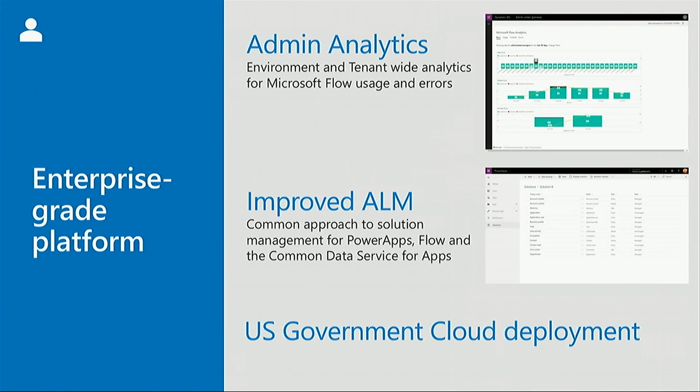And lastly, we have the enterprise-grade platform. So just like we were talking about in PowerApps, where you can go see what the usage looks like for a Power App, you can also do that for Flow. You can see how many times it's run in an interval, how many errors there are, whether or not a user has accessed it recently, who the owner is. All that information is exposed easily to admins. And it makes it incredibly important when you think about flows that end up becoming mission critical that maybe weren't originally mission critical. And this ability is what allows Flow to empower your entire employee base to go create a bunch of automations while at the same time maintaining control.